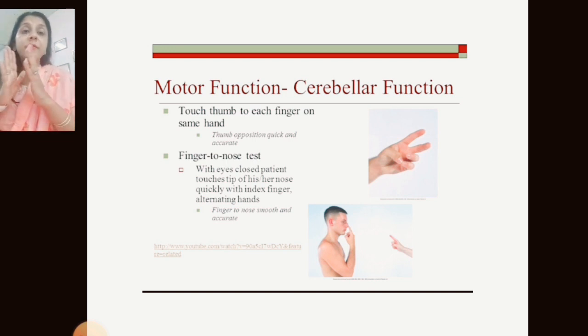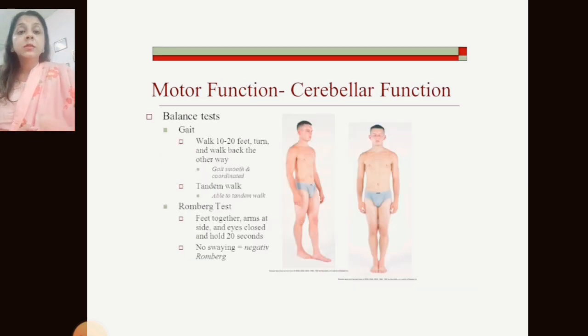So this is how we assess the function of the cerebellum in the case of the upper limb. Hope you understand the concept of how we assess, because based on that we can assign the protocol to rehabilitate or treat cerebellar pathology patients. So this is the discussion about upper limb cerebellar dysfunction tests. Now in my next video we'll discuss the lower limb function tests, how we assess lower limb function in cerebellar pathology. Thank you.